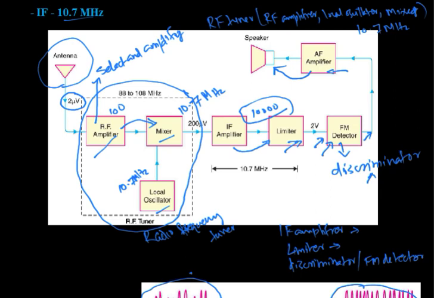Then we get a demodulated output from the FM detector, which is given to the last stage of the receiving system, that is, not the AM amplifier, but the AF amplifier, the audio frequency amplifier, which amplifies the audio signal recovered from the frequency modulated wave, and then it is given to the speaker. This is the overall summary of the frequency modulated wave reception at the FM receiver.